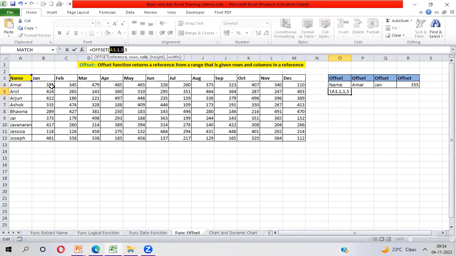This 5 height makes a range from B4 to B8. Bracket close. But if you press enter, you will get a single value, which is not the correct output.